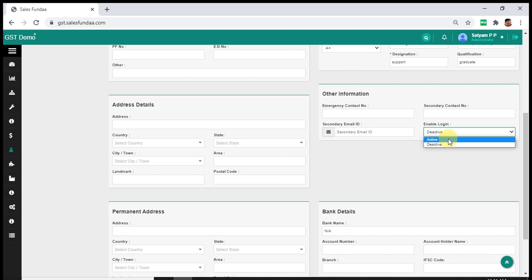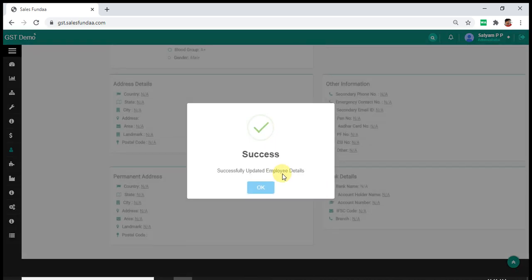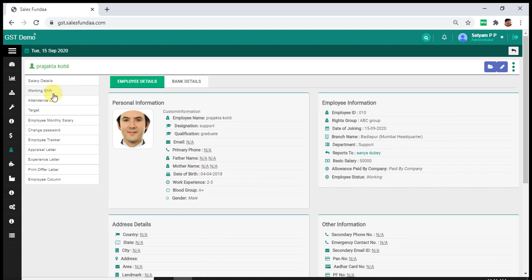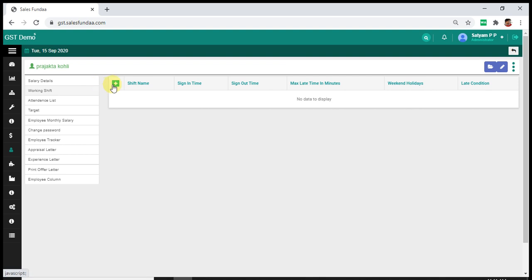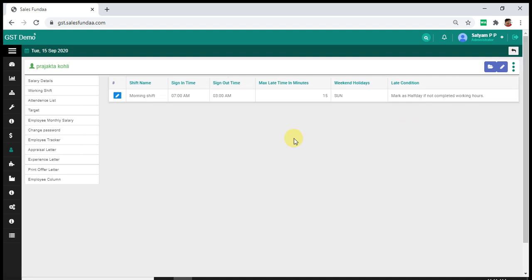To enable login, you have to do active, then save. Now add your employee's working shift. You can see the details here. Click on plus icon to give them shift. Click save. The shift has been added.